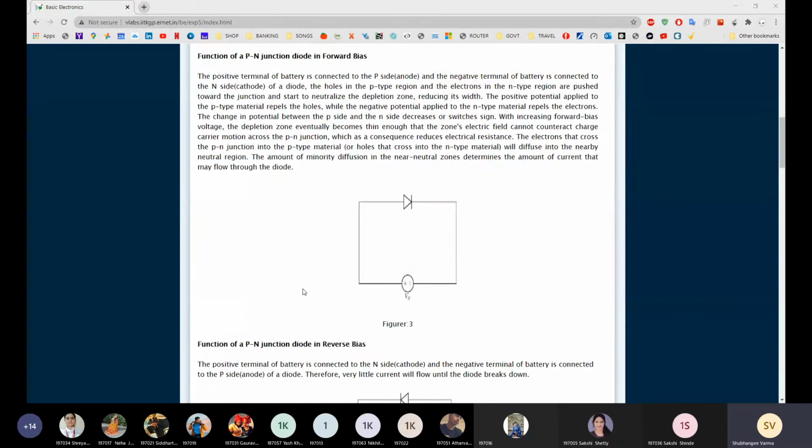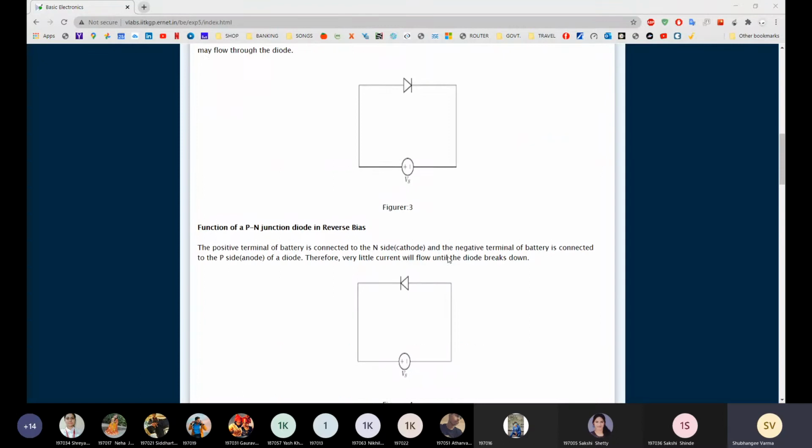What is the function of the PN junction diode in forward characteristic that we have seen? When we join the positive terminal of the battery to the anode and the negative terminal of the battery to the cathode, then the diode is in forward bias. Due to this, the depletion layer decreases and current flows due to majority charge carriers.